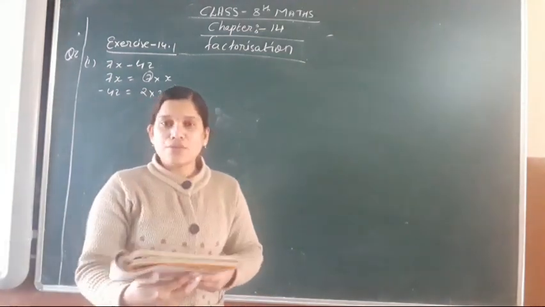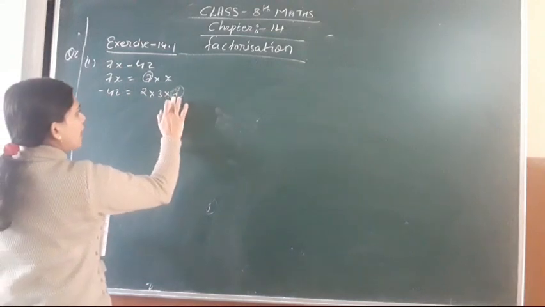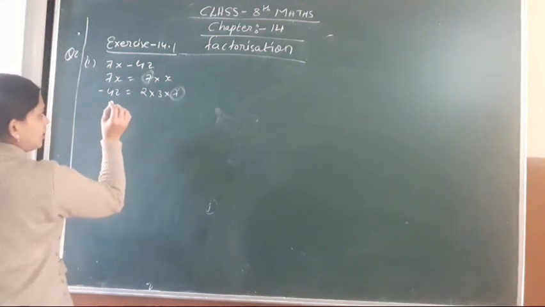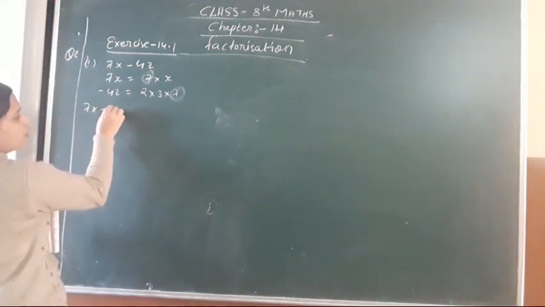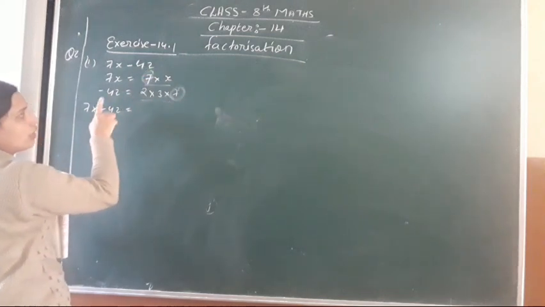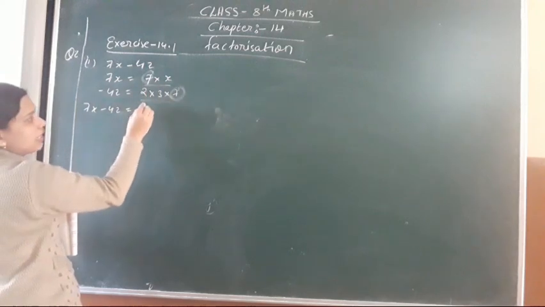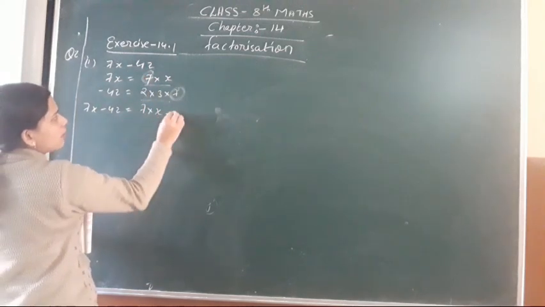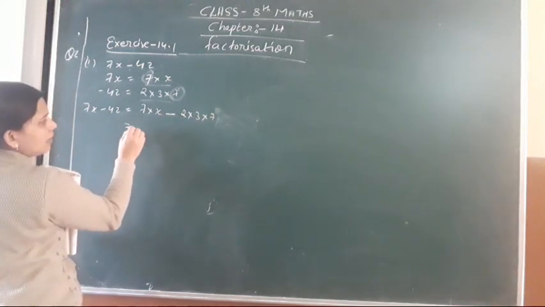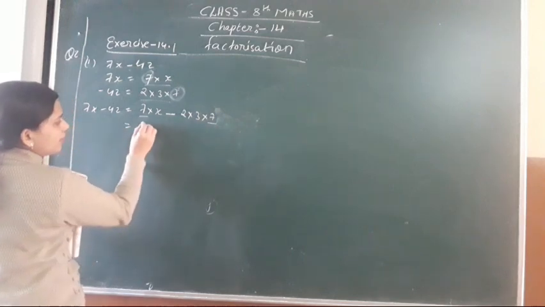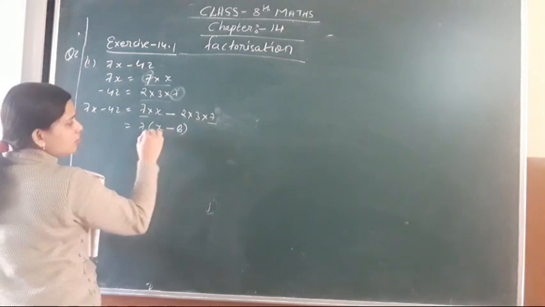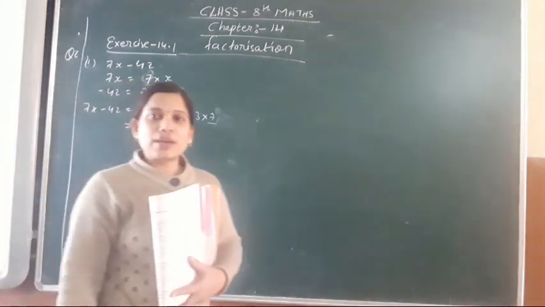It is asked to factorize the following, isn't it? Since it is not asked to find the common factor, we are not going to make pairs of the common term factors. So 7x minus 42 is the number whose factors we had separately written. These factors we are going to put in the place of that number. So the 7x factor is 7 into x, minus 42 factor is 2 into 3 into 7. Here we can see that from both the terms we can take 7 as common. So what is left out? That is x minus 2 into 3, that is 6. So what is the answer for this? 7 into x minus 6 is the answer.